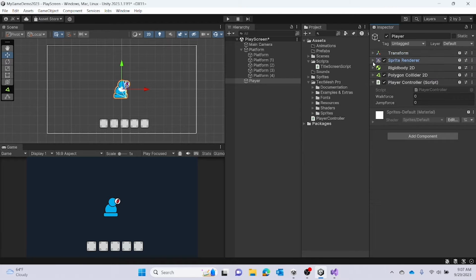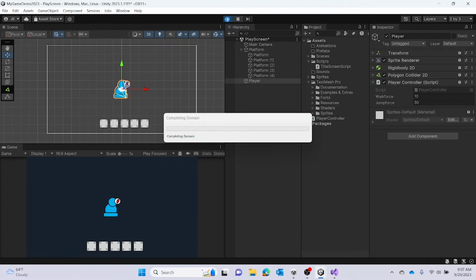All right, with the player selected, we can now see the variables from our script, and we'll see that the walk force and jump force are variables. So we're going to pick some values here. So we're going to try it with something small. If we hit play,